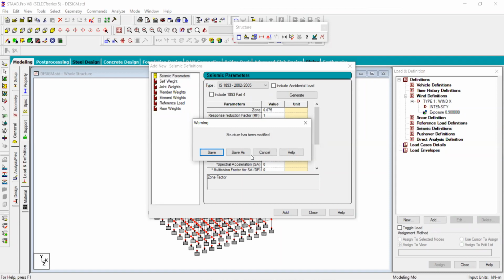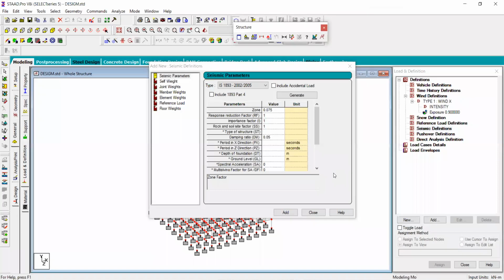Here x and z directions are horizontal, and the y direction is vertical. Our country is divided into 4 zones. It is given in the code, depending on the fault positions and the intensity generated due to movement of the fault, etc. And each has a certain factor value, the zone factor: zone second 0.1, zone third 0.16, zone fourth 0.24, and zone fifth 0.36.